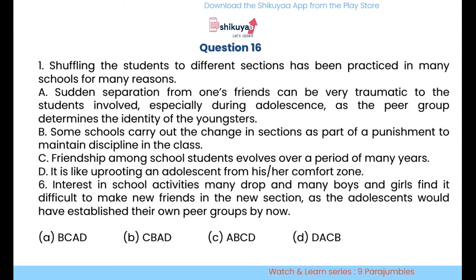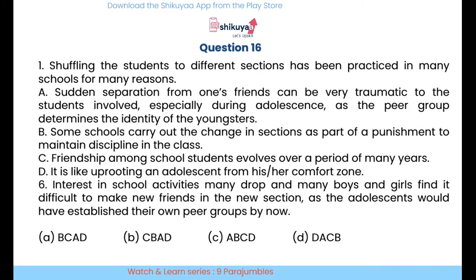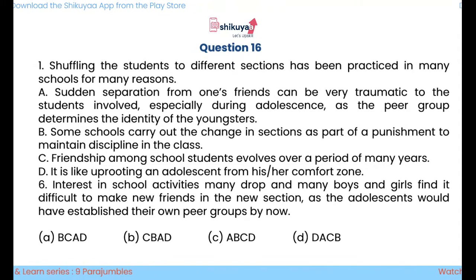Okay, now see, they are talking about many reasons. Student separation from one's friend can be very traumatic. See sentence B, some schools carry out the change in the section. Friendship among school students, C cannot be the opening sentence, so option C can be eliminated. फ्रेंडशिप अमंग स्कूल स्टूडेंट्स, डायरेक्टली हम फ्रेंडशिप के बारे में बात नहीं करना है, हम स्कूल्स के बारे में बात कर रहे हैं। तो अगर लॉजिकली देखा जाए तो B ये ओपनिंग सेंटेंस हो सकता है। Shuffling the students to different sections has been practiced in many schools for many reasons. B, some schools carry out the changes in the section. B can be the opening sentence,